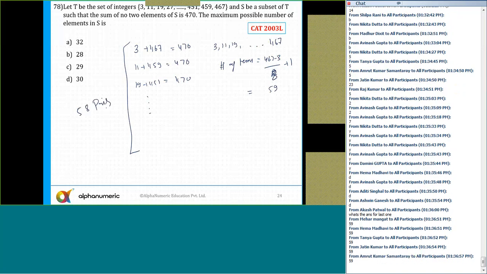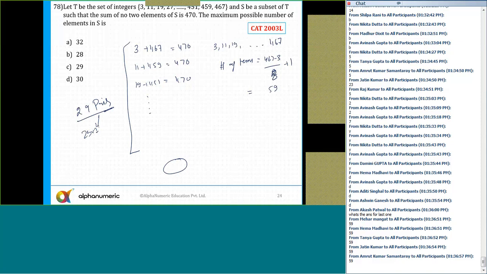So can I say I'll get 58 pairs? First and last, second and second last, third. So 59 means 29 pairs I'll get. Not 58, but 29 pairs I'll get here. So I'll definitely get 29 pairs, first and last, second and second last, third and third last, and so on. Remember. And there is one number which will be left out, which has no pair. That is 29 into 2, 58.